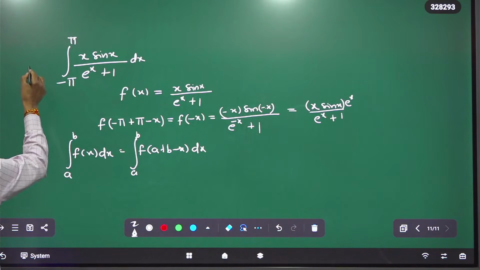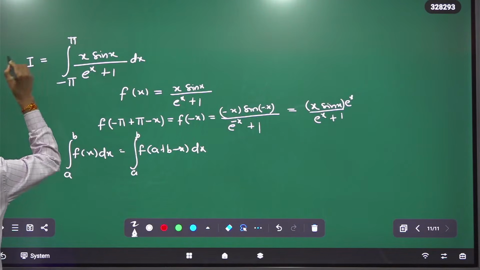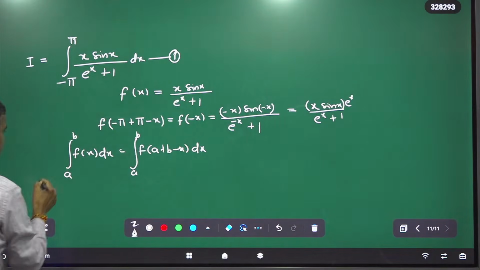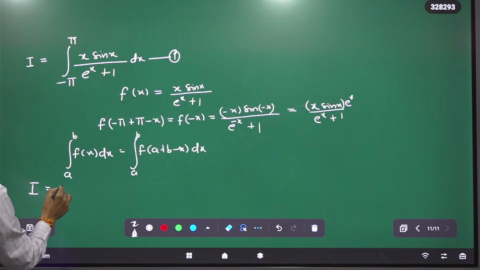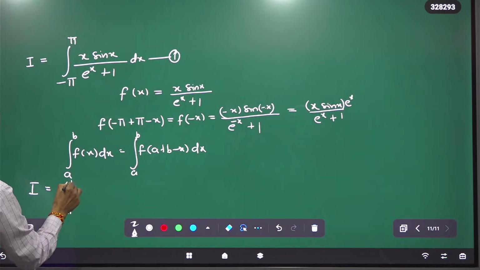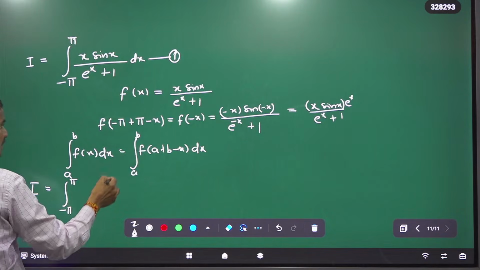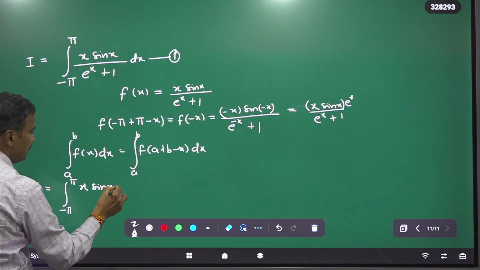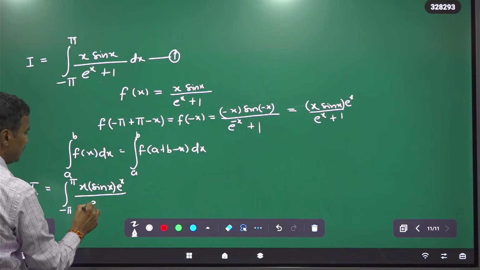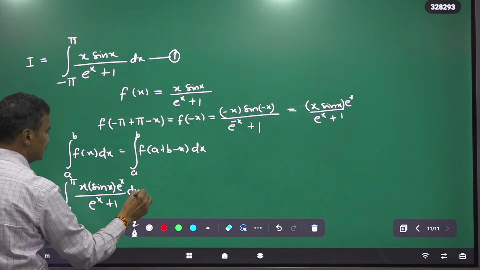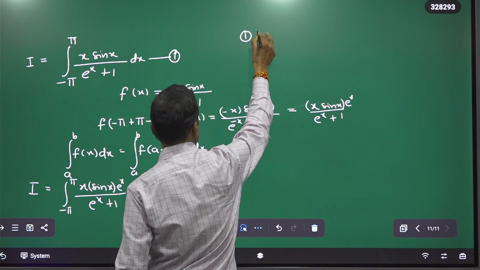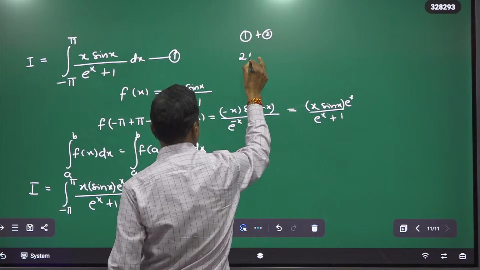Let this integral be I, and then by using this property we can also write I as the integral of minus pi to plus pi of x into sin x into e power x divided by e power x plus 1 dx. This is equation 2. Now, equation 1 plus equation 2 gives 2I is equal to